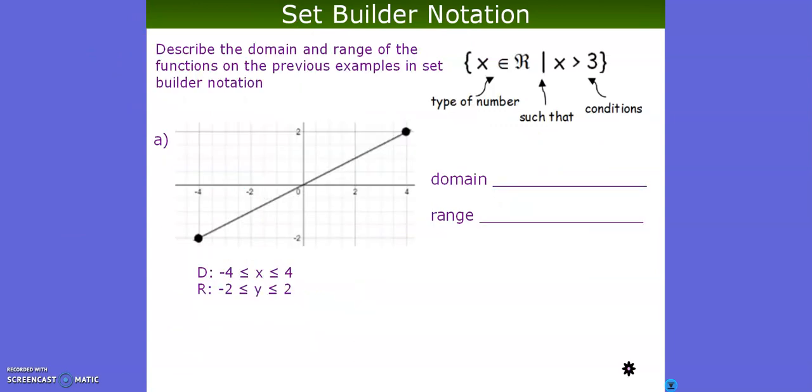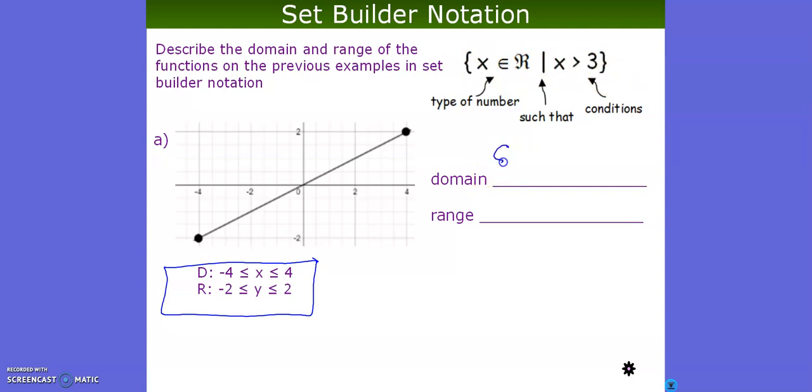So what we've done so far is given a domain and range. We've already done this, all of these examples. This is what we came up with for our domain and range. The next part of our lesson is just translating this into what's called set builder notation. It looks a little scary, a little bit fancy, but really all we're doing is kind of breaking up our